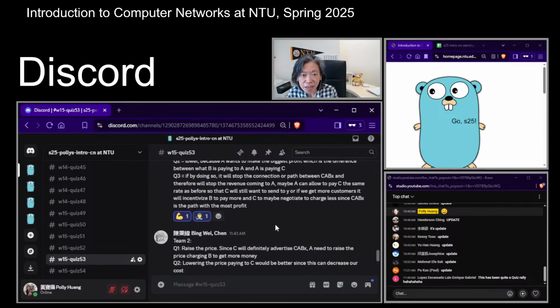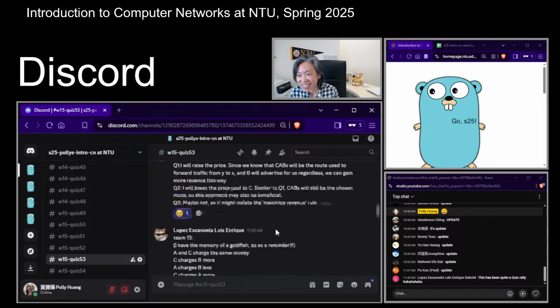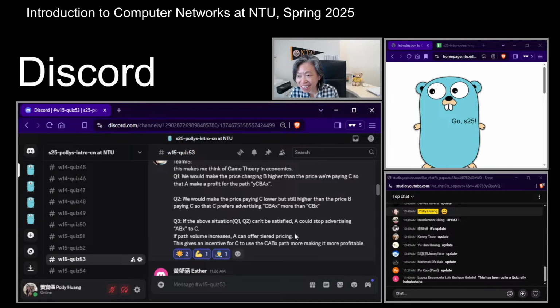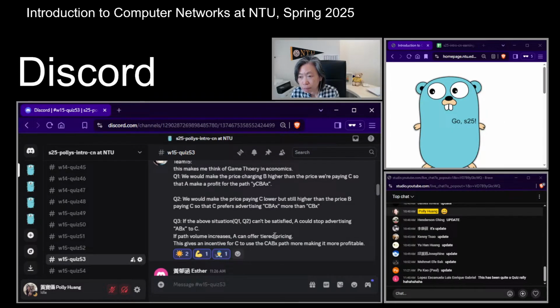I guess we've come down to a few solutions. Very interesting, guys. You probably want to hear other teams' solutions. For Q1 and Q2, I see generally that you guys say that A should raise the price charging B, and for Q2, A should lower the price paying C. But for the longer term solution,